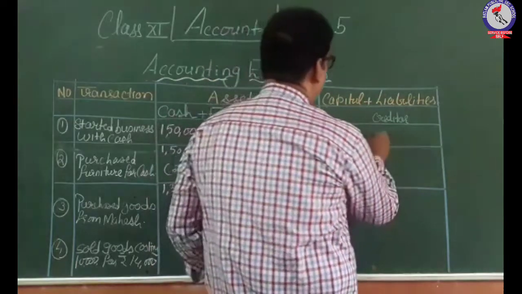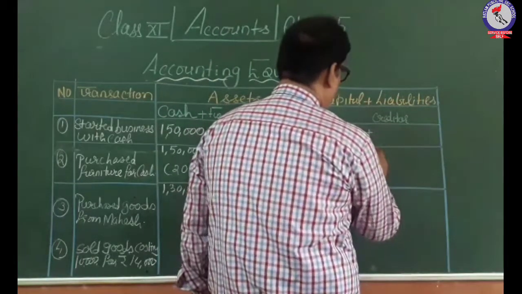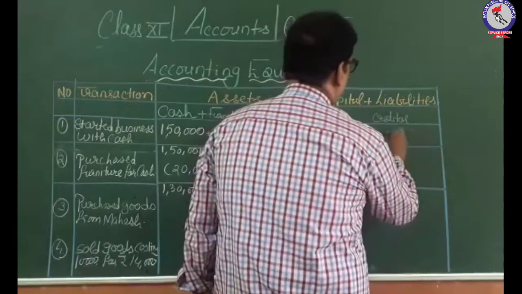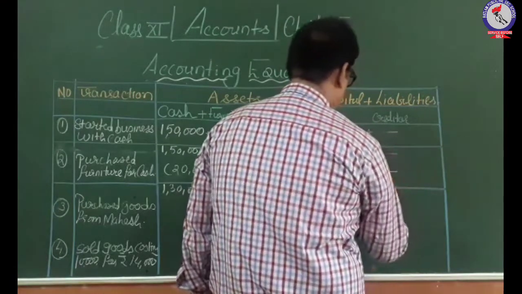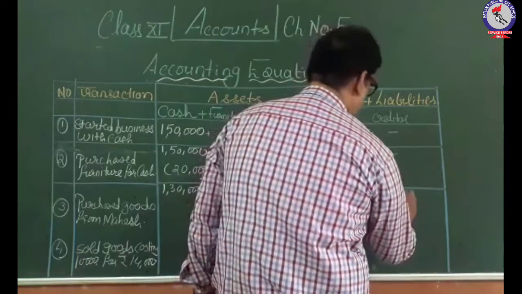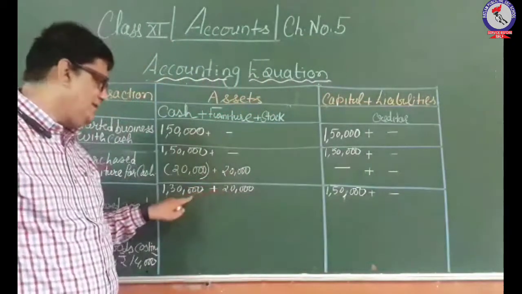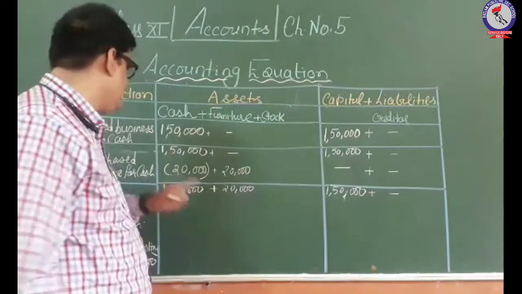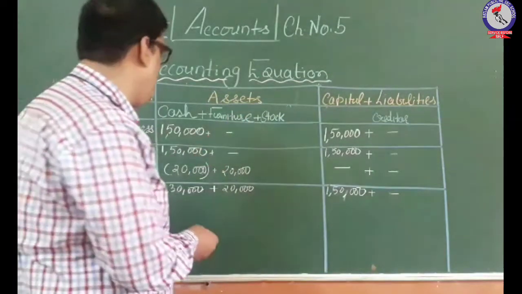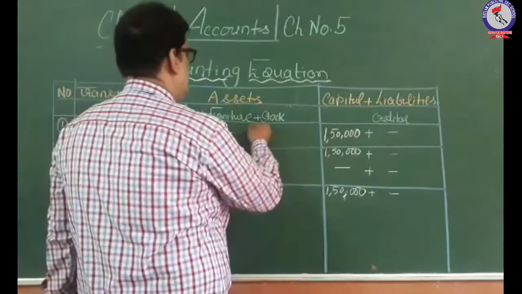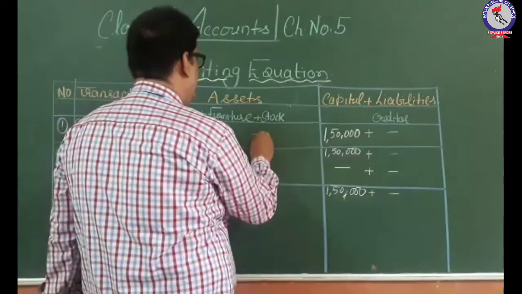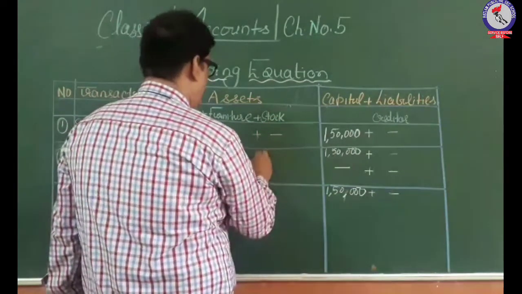In the first two events there was no entry of creditor, so it will be dash dash dash, and here also there was nothing, so dash. So this is the transfer of total, and now with this transfer we will show this equation. Now we have purchased the goods from Mahesh, so there was nothing in this stock